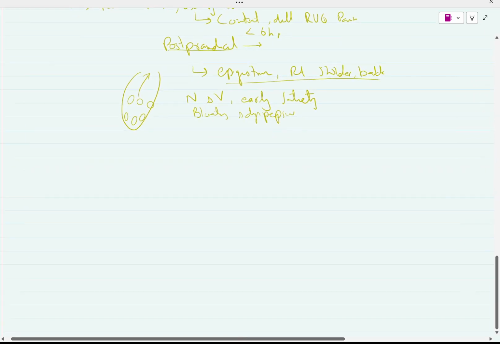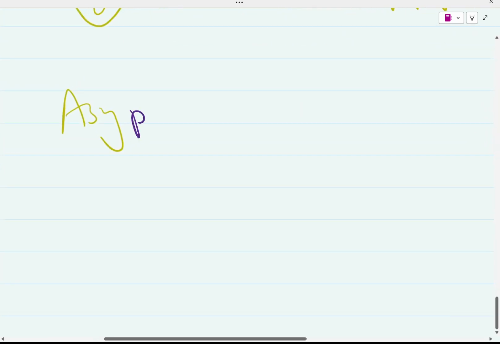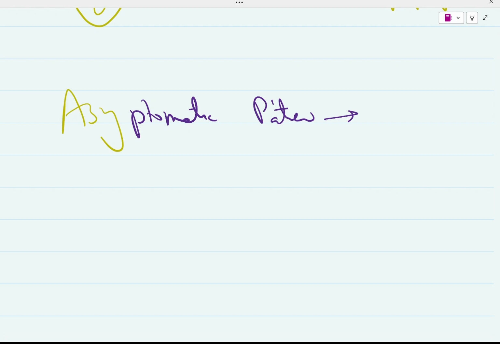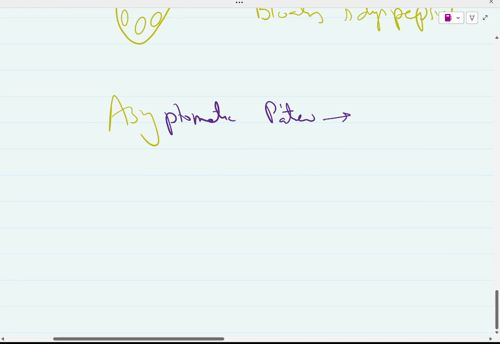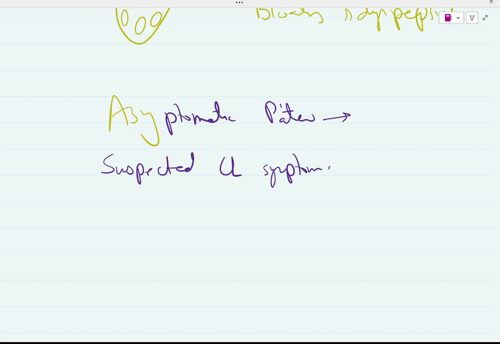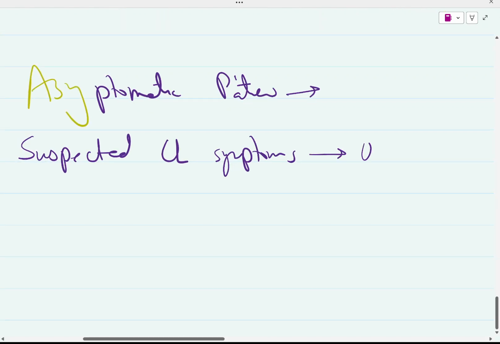So how are we going to diagnose? First of all, if a patient comes to you having no symptoms, an asymptomatic patient, there is no follow-up needed, and no diagnostic workup is required. So whenever a patient is having symptoms and you are suspecting cholelithiasis, what will you do? You are going to perform ultrasound.